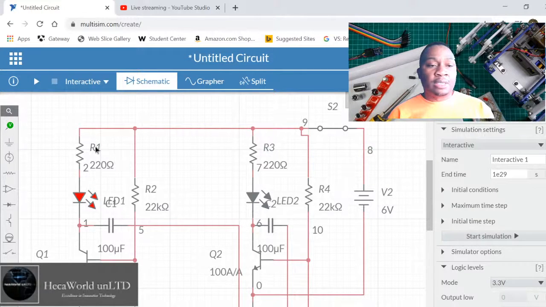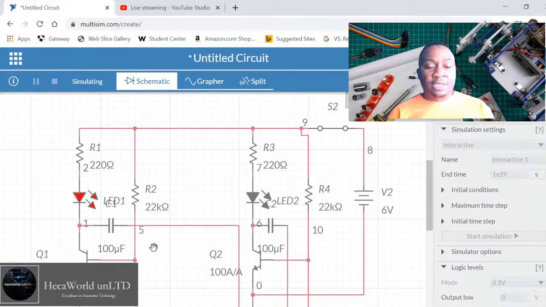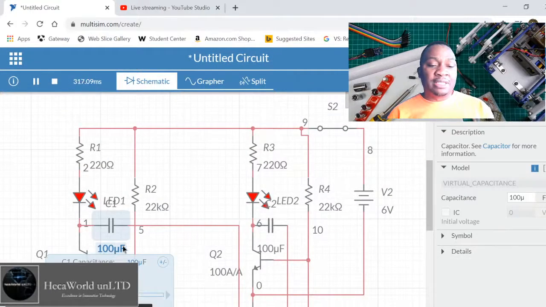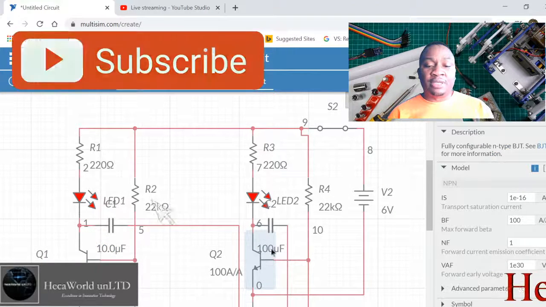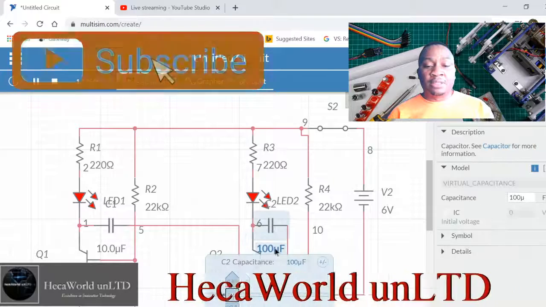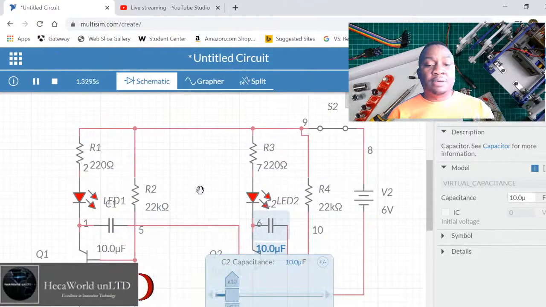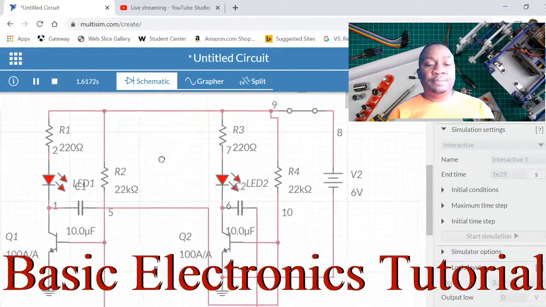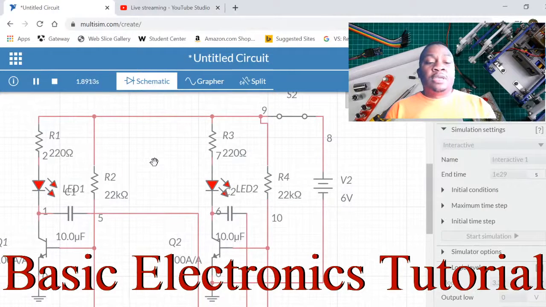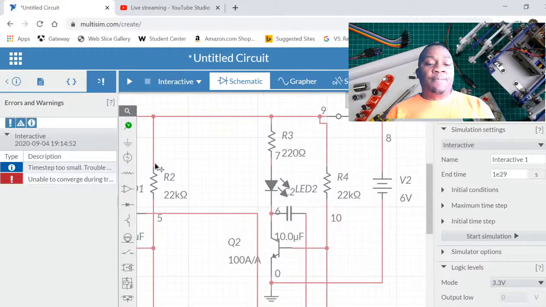Okay, we're gonna run this simulation again. So it really takes some time, so we'll try this. Let's make this 10 microfarads and this one 10 microfarads at the same time and see. All right, so what you can do is make a copy of this. Let's change